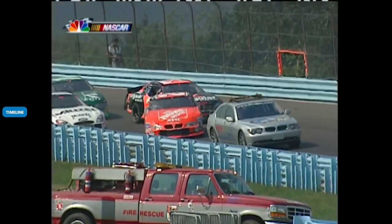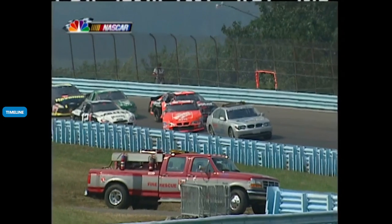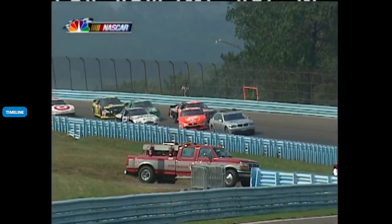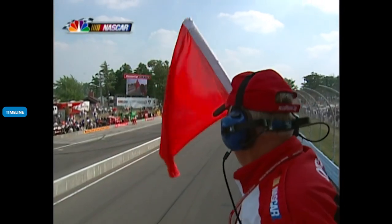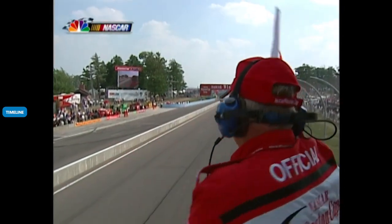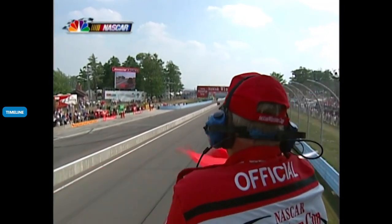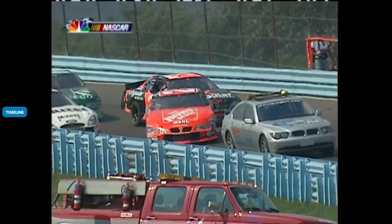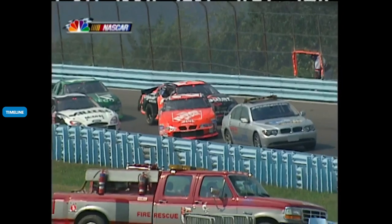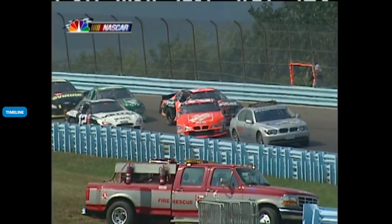Red flag. And they've stopped the race. There you go. Red flag is out with less than 3 laps to go. Now, you know, NASCAR does not have that hard and fast rule about when they will and when they won't use the red flag. It's something we'd kind of all like to see, so we have an idea what to expect. But here at Watkins Glen, the pace laps are so long,